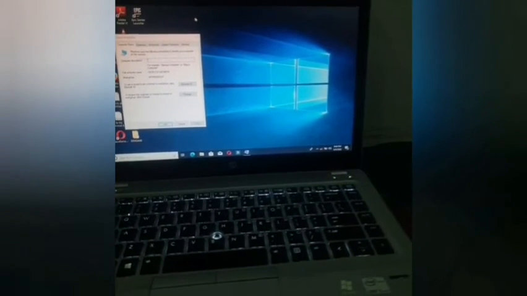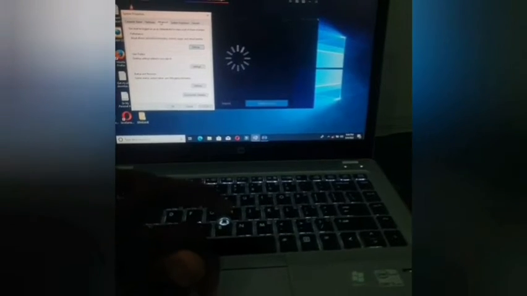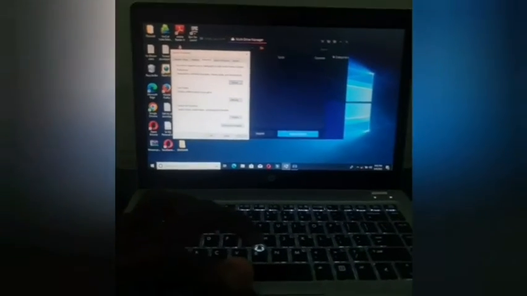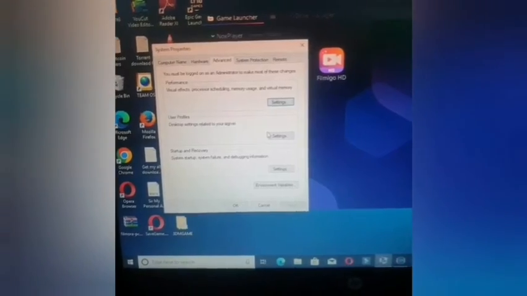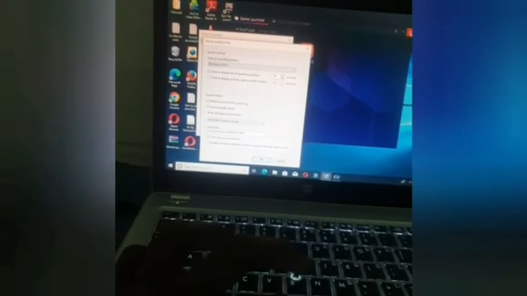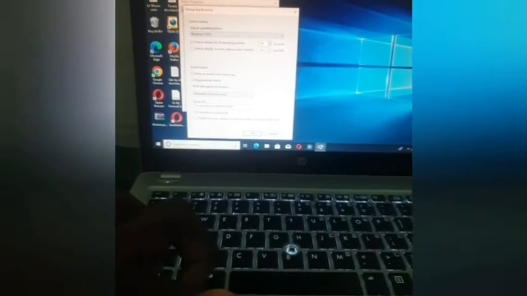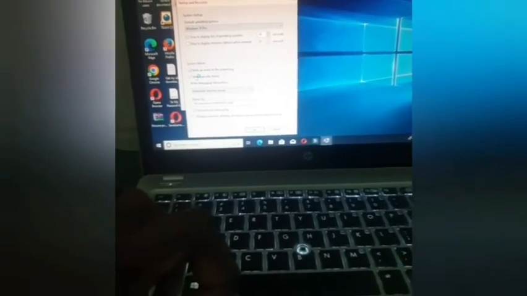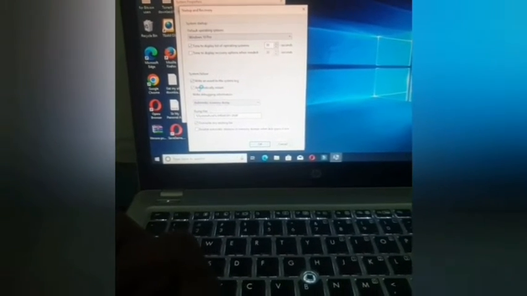After that, you go to Advanced. Click on it, and if you see Startup and Recovery, system startup, system failure, debugging information, click Settings. Then, are you seeing the system failure? Then click to untick Automatically restart,